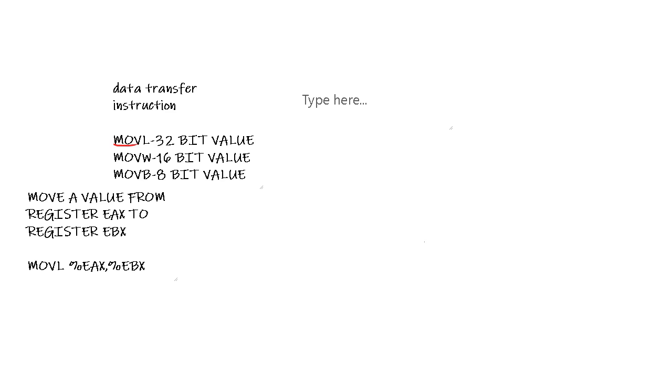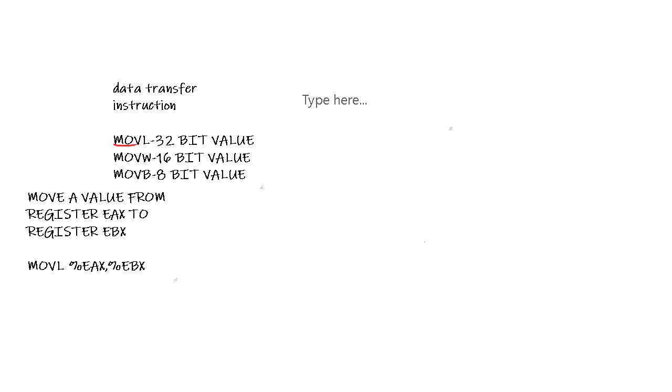After that, what is the source here? We have to move a 32-bit integer value. So let us say the 32-bit integer value is 0x12345678. Okay, this is the 32-bit value. So what does 0x stand for? Hexadecimal. Yes, hexadecimal. So we are going to move this hexadecimal 32-bit value to the ECX register.